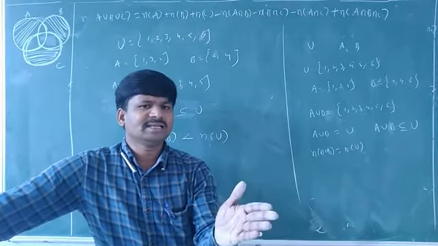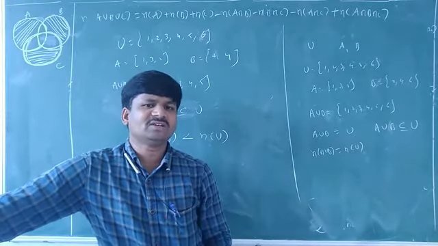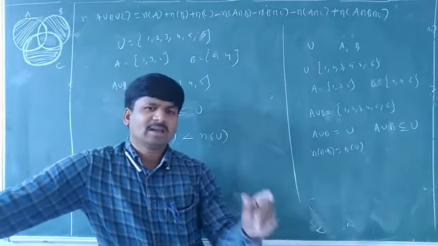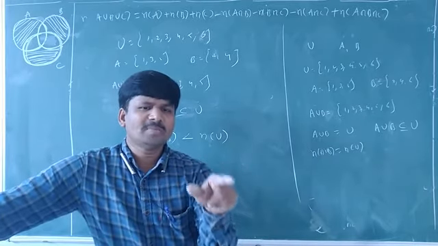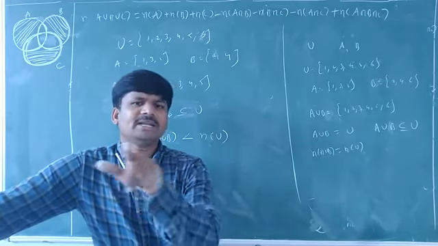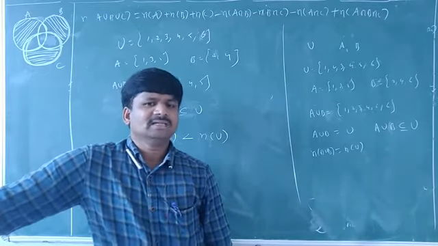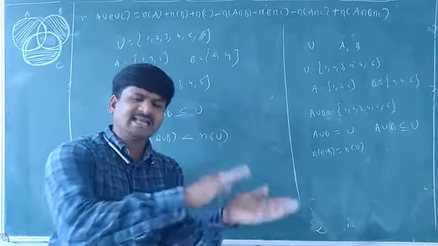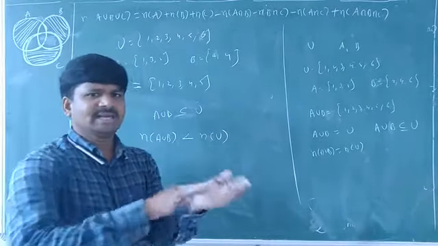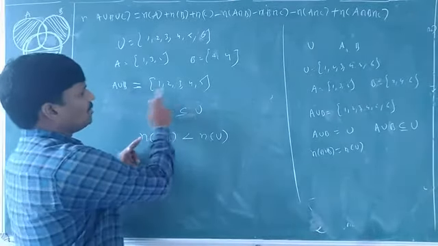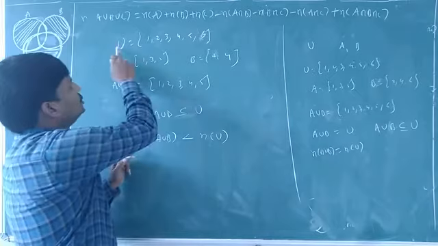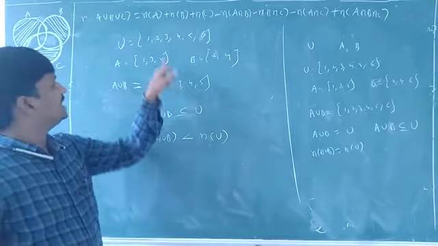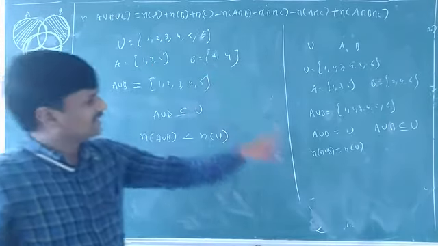Number of elements in U is equal to number of A union B, means both are equal. A union B means maximum equal to U only. That means the maximum number of elements in A union B is equal to nothing but the elements in U. Maybe equal to U, or less than U also. Just observe here. Now in A union B, how many elements did you get here? 1, 2, 3, 4, 5. Here U is equal to 1, 2, 3, 4, 5, 6. So the number of elements of A union B is less than the number in U, and here it is equal to U.